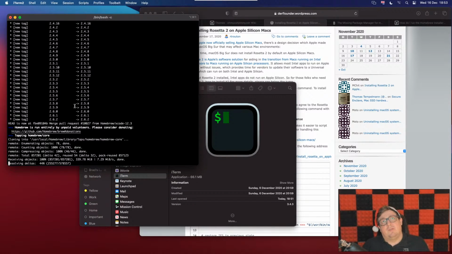It's very similar to the way that Microsoft uses Ubuntu Bash. The Ubuntu Linux subsystem is installed on Windows, or you can install it at least, and it'll allow you to run Linux based commands on Windows using the subsystem shell, which is quite nice. This is taking forever, but